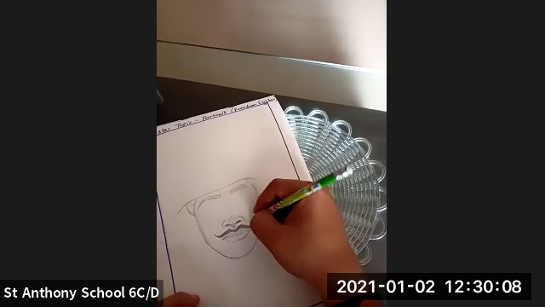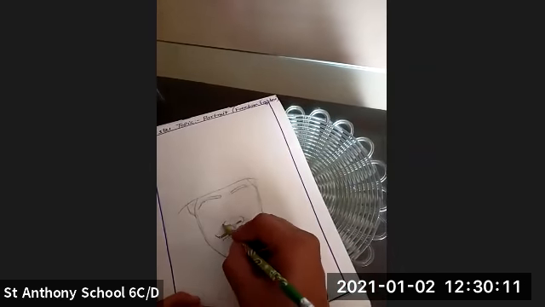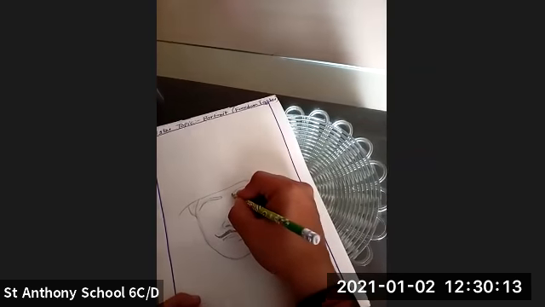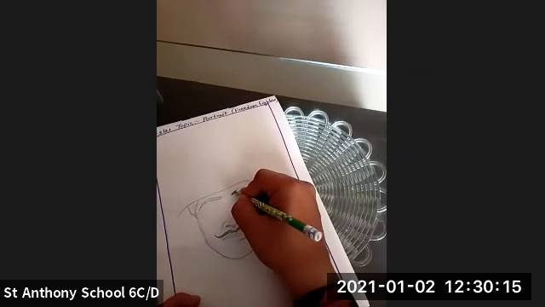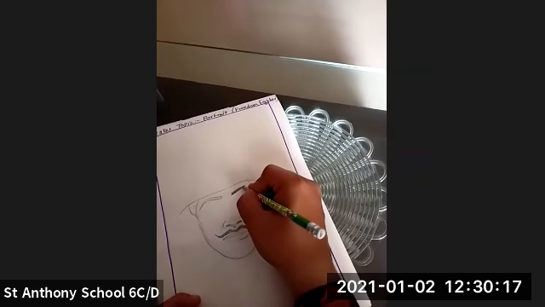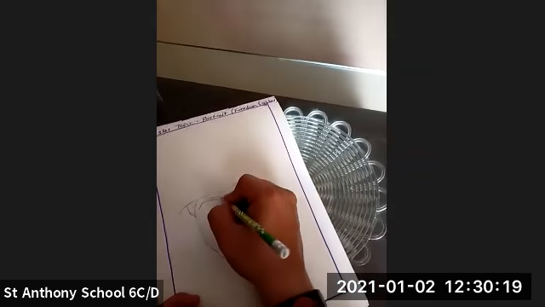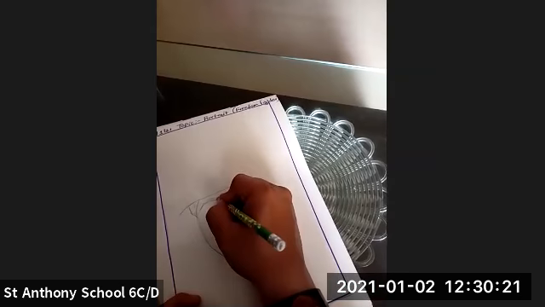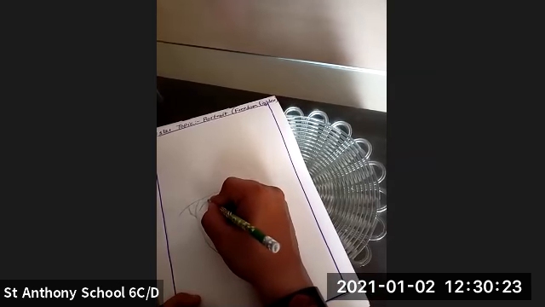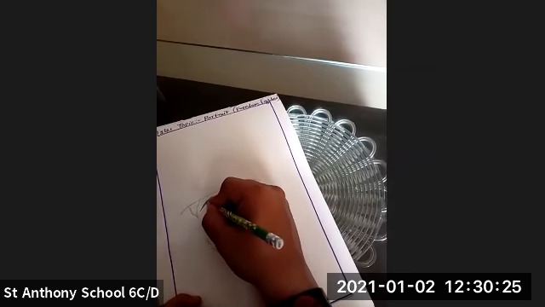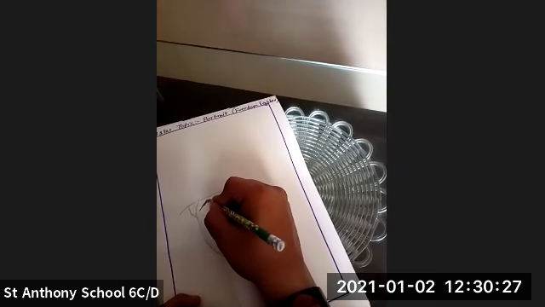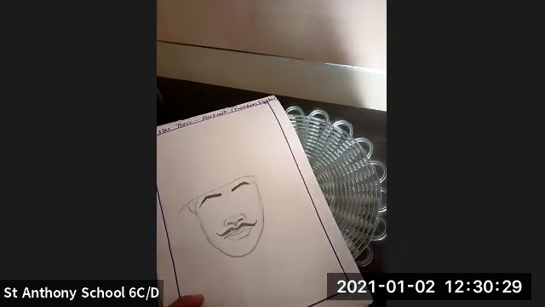Use the pencil very lightly. Okay, in some parts you have to use the pencil very lightly. For making the darker tone, you can use the pencil dark. Yes, for making the eyebrows, for making the mustache, you can use the pencil. Press the pencil so that you can use it in a much more dark way. Yes, in this way you can do it.